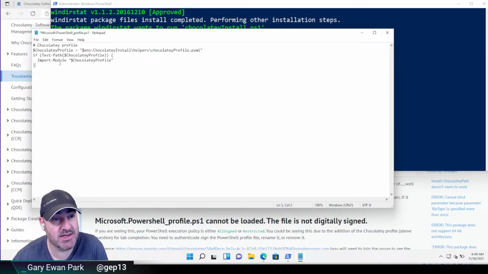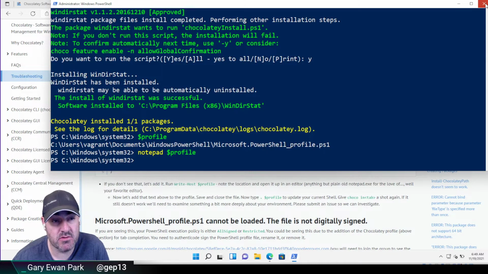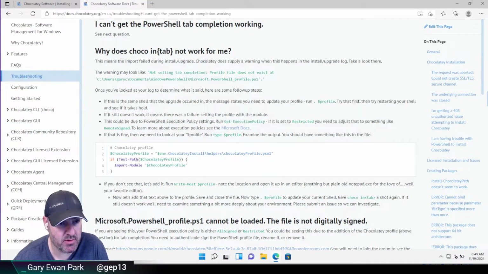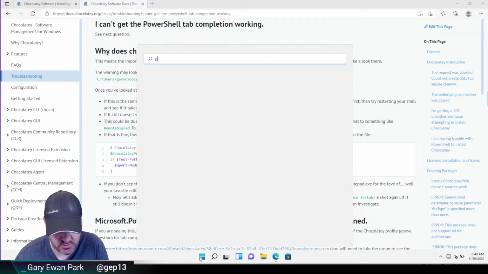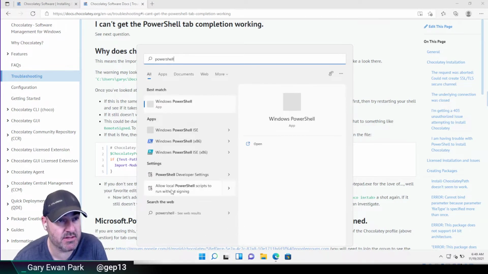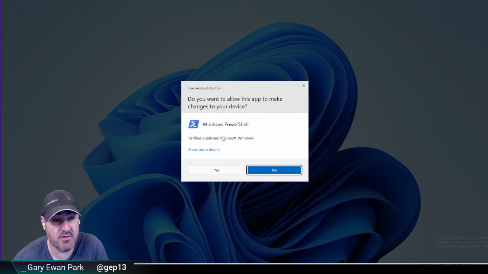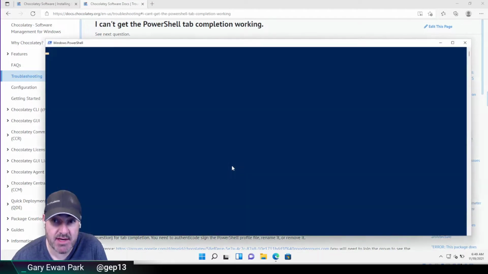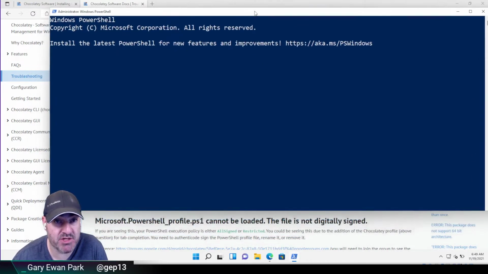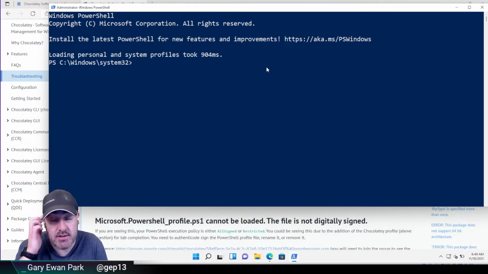I'm going to paste what was in my clipboard into here, and then from there I'm going to close the PowerShell window and open it up again. So I'm going to go back to here and search for PowerShell, and then right click and run as administrator on that. So with that change made to the PowerShell profile, now when I type choco,